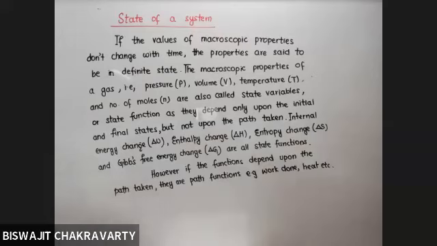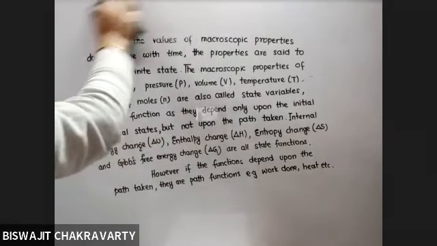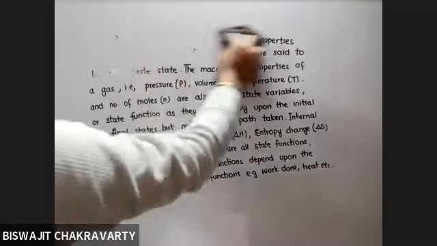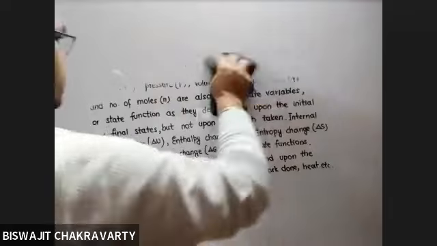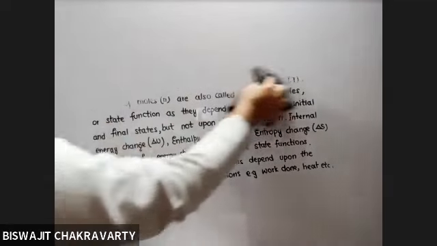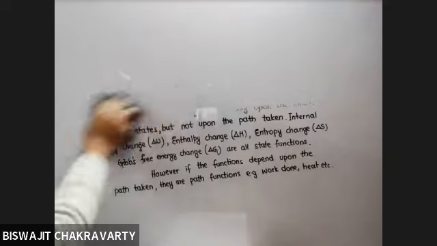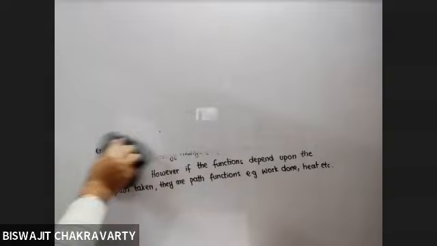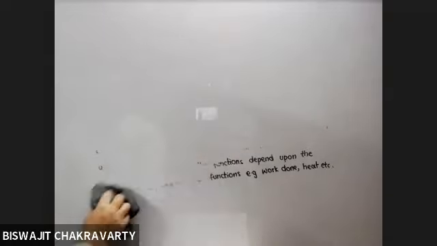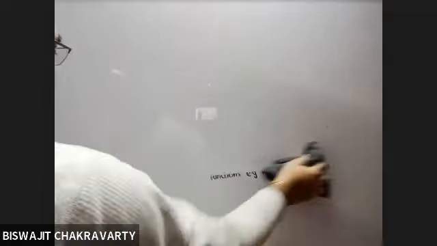So after discussion of the state function and path functions, we now move on to types of processes. That means thermodynamic processes. Again and again, I need not repeat that we are restricted to thermodynamics only, because processes as such in this universe are so many. It will not be possible to discuss about all the processes at one go. But here the type of processes that we will be focusing upon will be the thermodynamic processes.